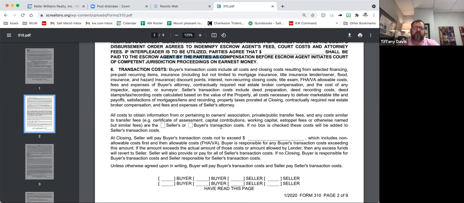Seller's transaction costs, same thing, Mr. and Mrs. Seller. When you close on this, your transaction costs will include deed preps, deed recording costs, stamps, recording costs calculated based on the value of the property, and all costs necessary to deliver marketable title. I do highly recommend that you give a net sheet to a seller. Here are the estimated costs, and in the email and everywhere else you say this is based on the information